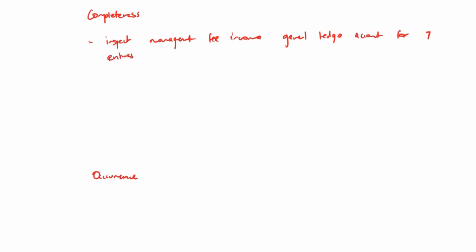So for completeness, I want to make sure that 7 transactions were recorded because they said it started in September and it was monthly. So I'm just going to go and inspect the management fee income general ledger account for 7 entries of management fee. Alternatively, like we said, you could go and select a sample